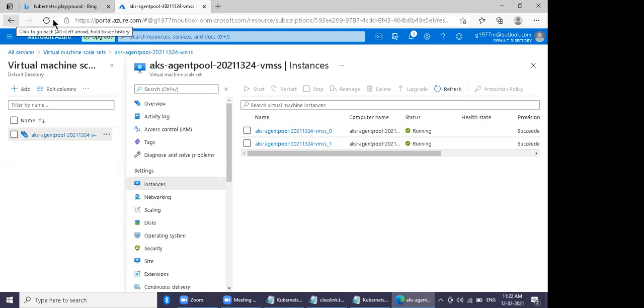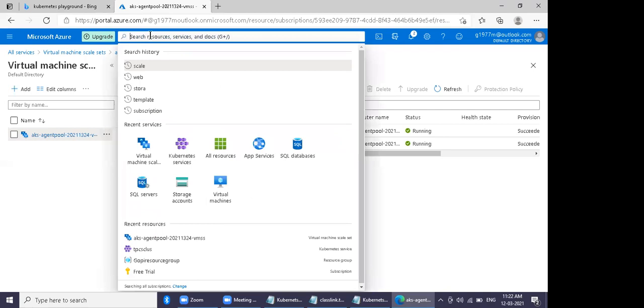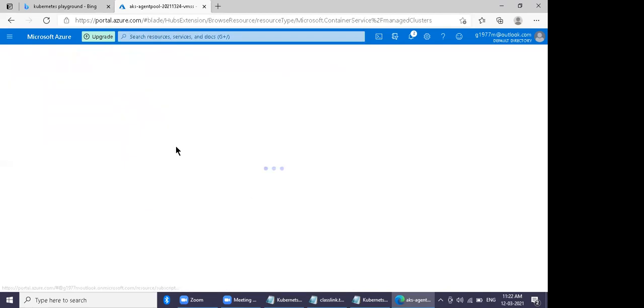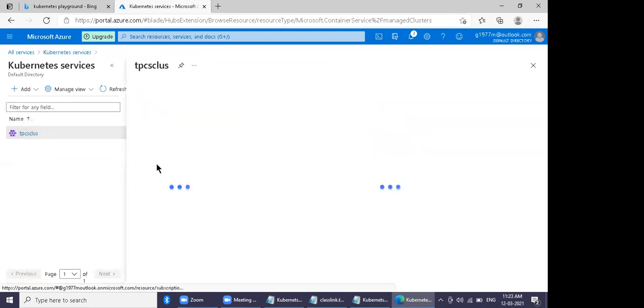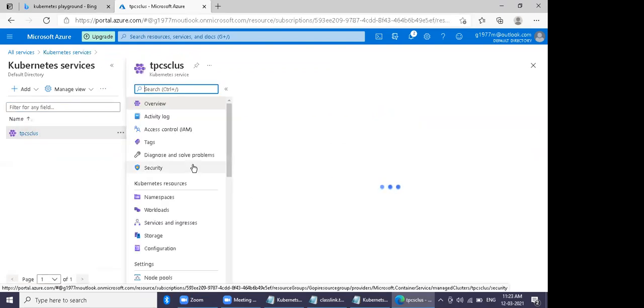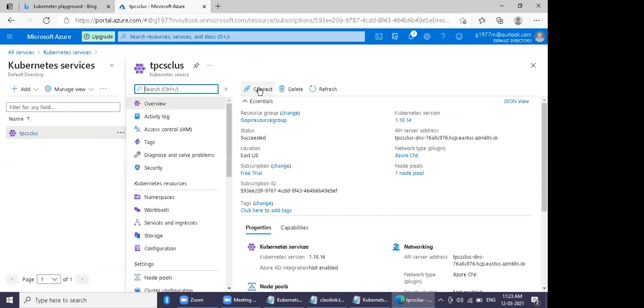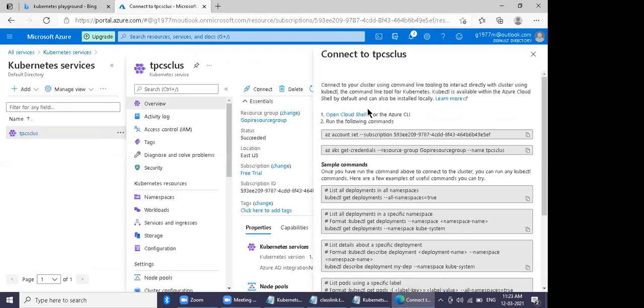Go back to your Kubernetes service again. Search Kubernetes service. Click Kubernetes. Now get a connect option. Look at that, what it says. It says that first you have to open a cloud shell. So click open cloud shell. It will open in a new console.